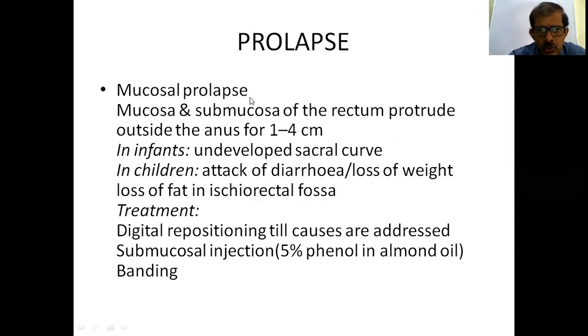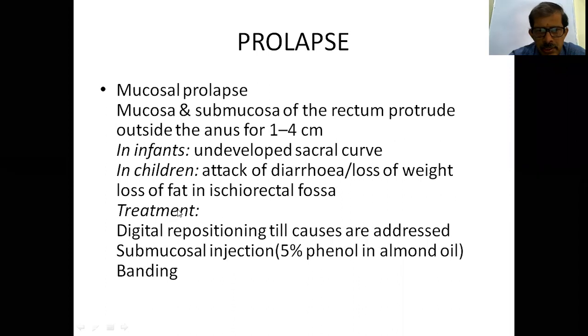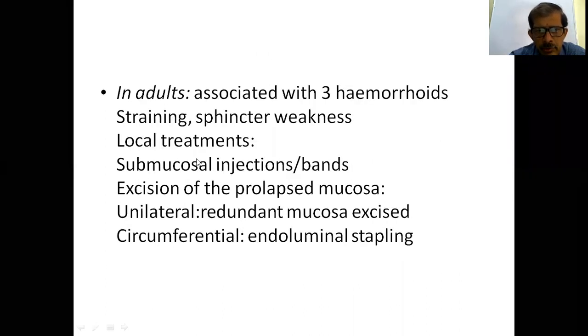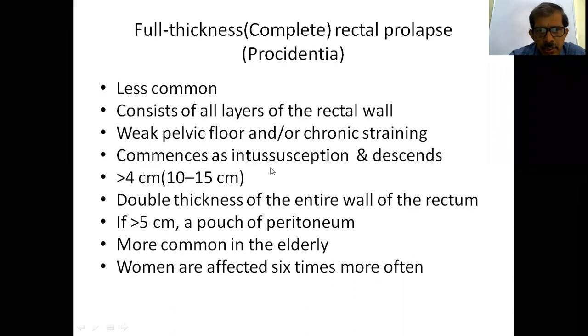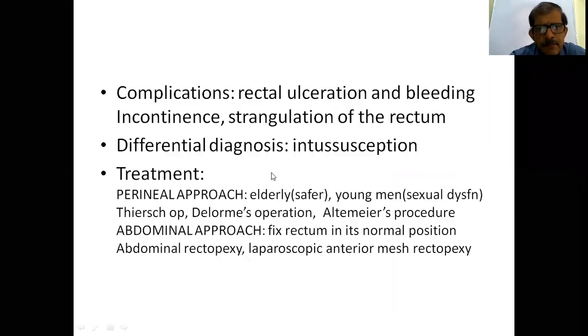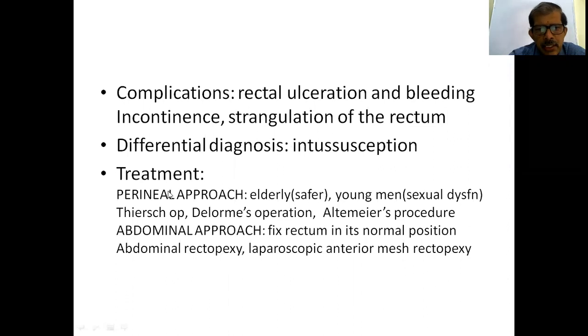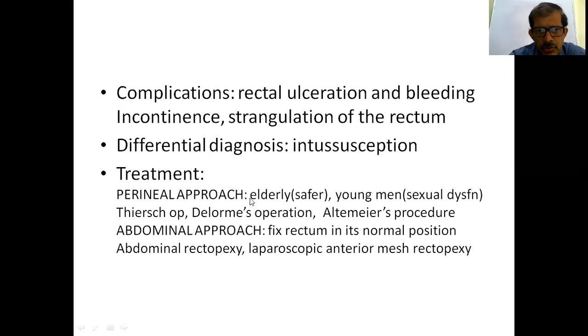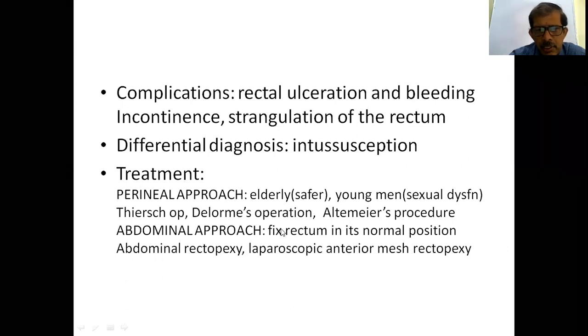Prolapse, again mucosal, for which we can just do digital reposition or injections, and for adults again bands can be used, whereas full thickness is more than 4 centimeters. So this is an example of full thickness, and the treatment is either Thiersch's operation in the elderly or Delorme's operation, which are perineal approaches, whereas abdominal for young